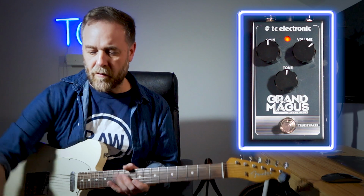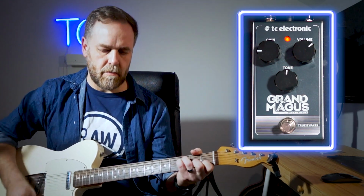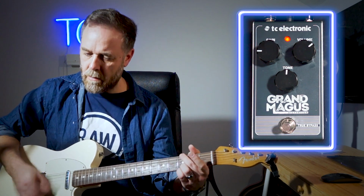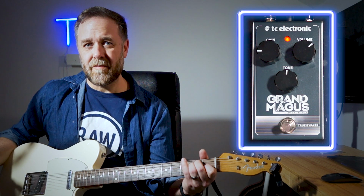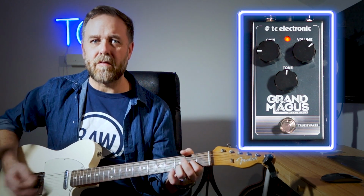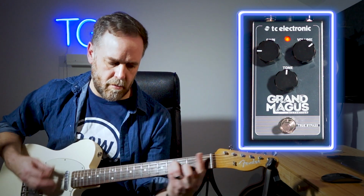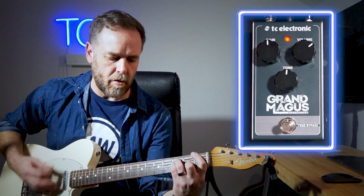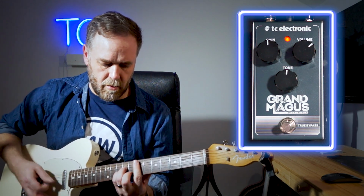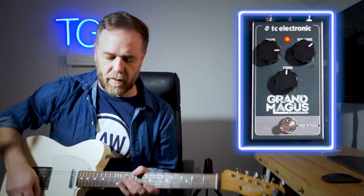Right, to go through the controls. So if I wind the gain back to a quarter, first of all, and wind the volume up full. Great, like, you know, mid-gain rhythm. Bring the gain up halfway. And if I wind the gain to two-thirds of the way,